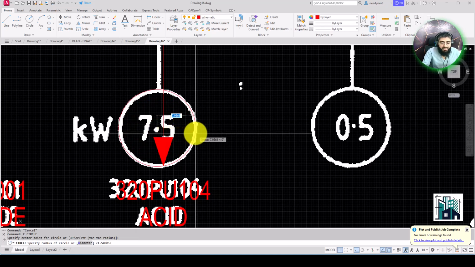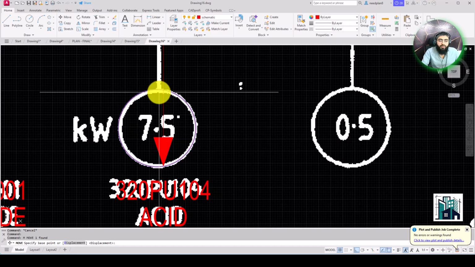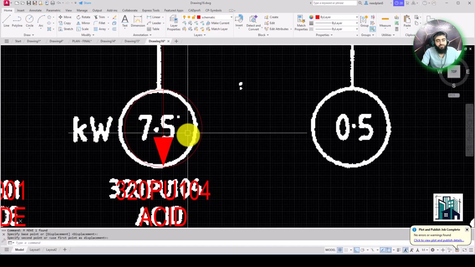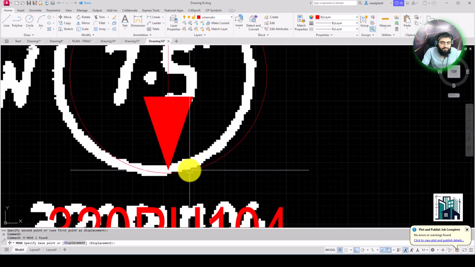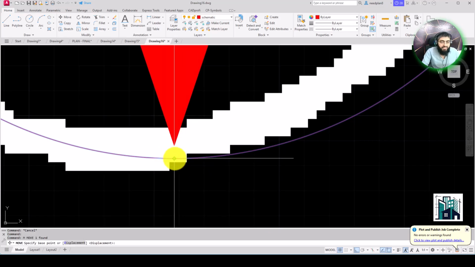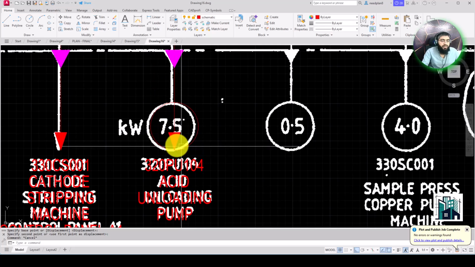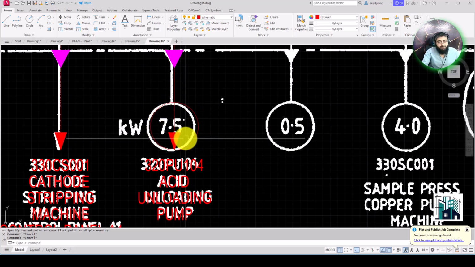It's approximately 8 radius of this circle, so you'll have to enter. In this way you can make a proper drawing, and you'll have to move from here to here and enter and select this object, this point and to this, so you can make this circle as per our mention.